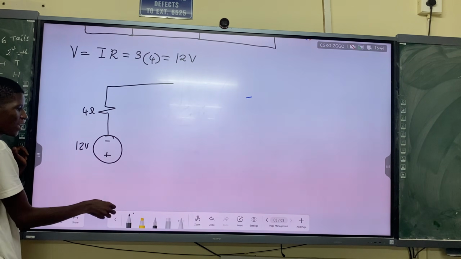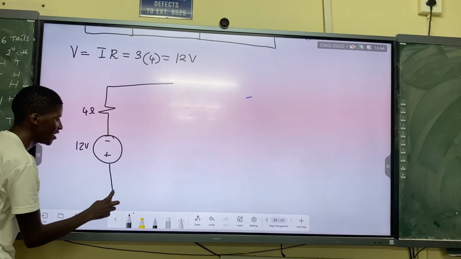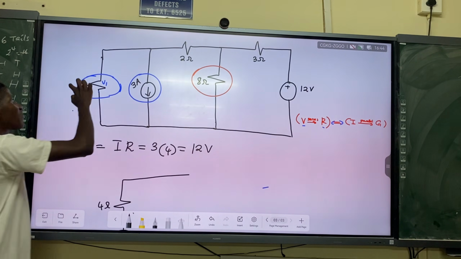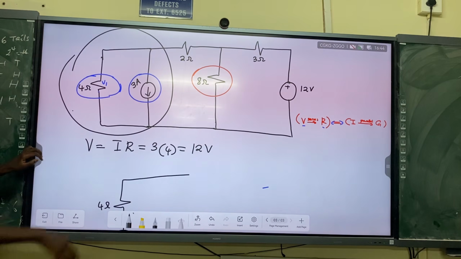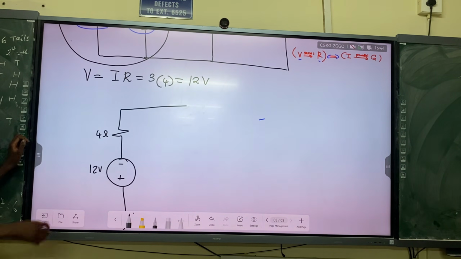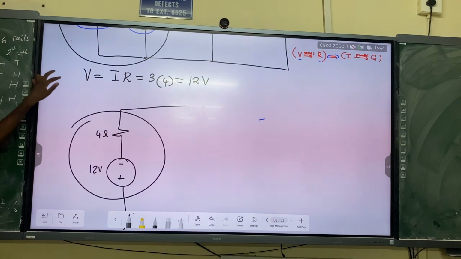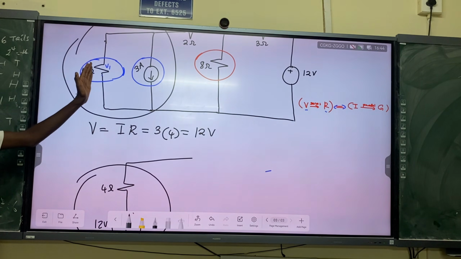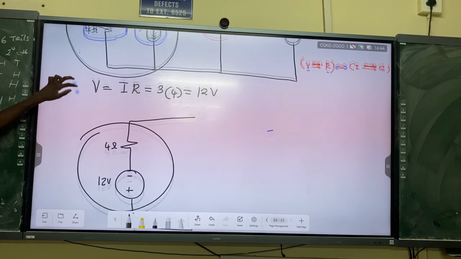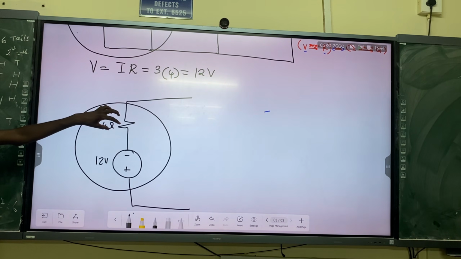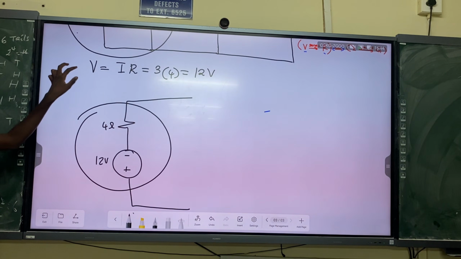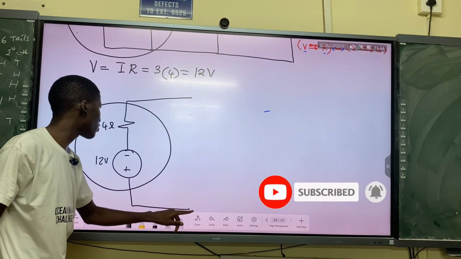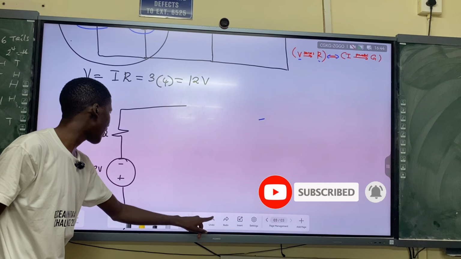Whether you put it here or there, they are still going to receive the same total current. So in combination, I've transformed this entire thing. That's the source transformation. I transform a current that is in parallel to a resistor. I transform a voltage that is in series with what? With the same resistor. And the resistor is what? It is 4 ohms. So I've transformed the source there.